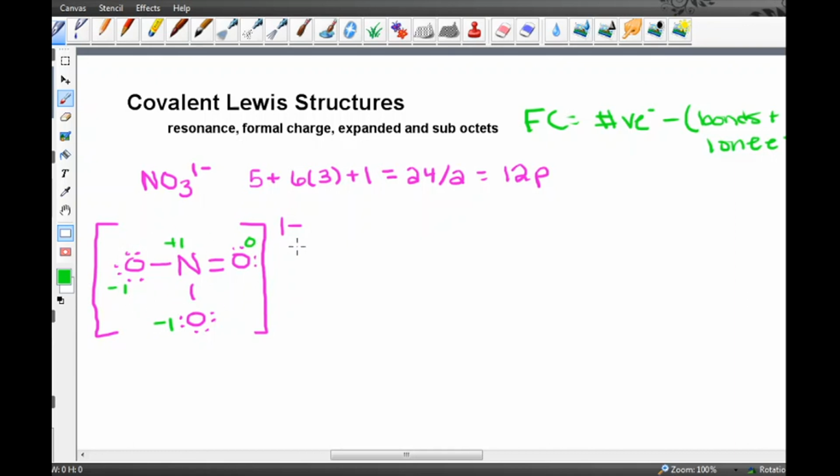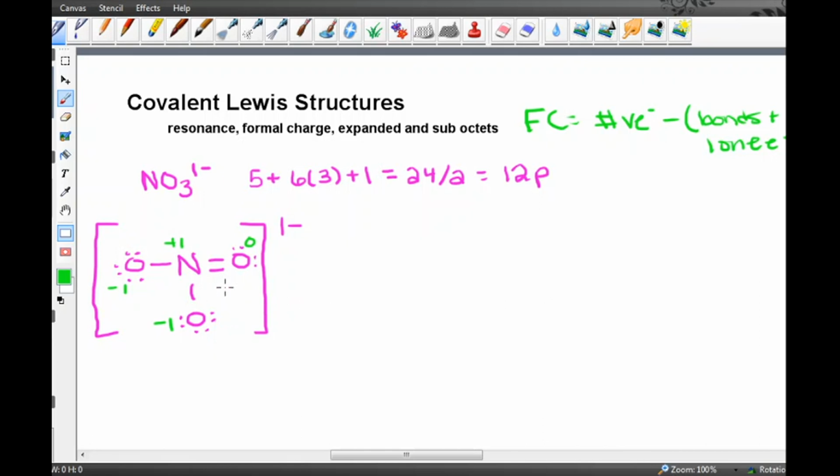All this formal charge adds up to the charge of my polyatomic ion. None of these charges are of magnitude 2 or greater. And I don't have any negative formal charge on my central atom. You always want your negative formal charge on your terminal atoms, which are your more electronegative atoms. So this is fine. And what you might have noticed is that no matter where I put that double bond,